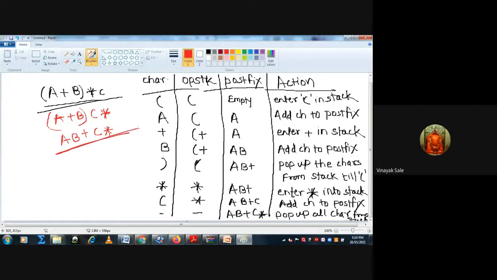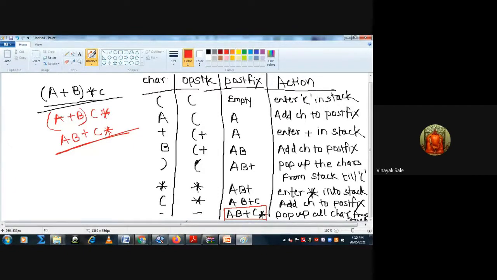This is the answer by the simple method, and the same answer from the tabular format. So, conversion of infix to postfix by tabular form.